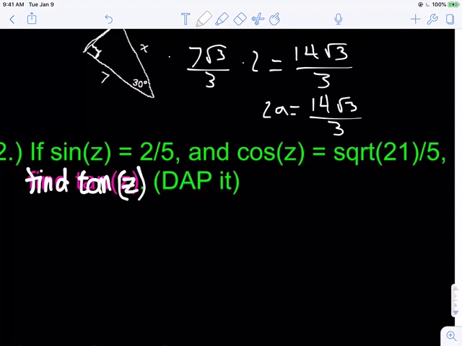For this one, I do a triangle. And then I use the top angle, and the sine of z would be opposite over hypotenuse, so 2 over 5, and the cosine would be adjacent, which is square root 21 over 5, and the tangent is the opposite over adjacent, so it would be